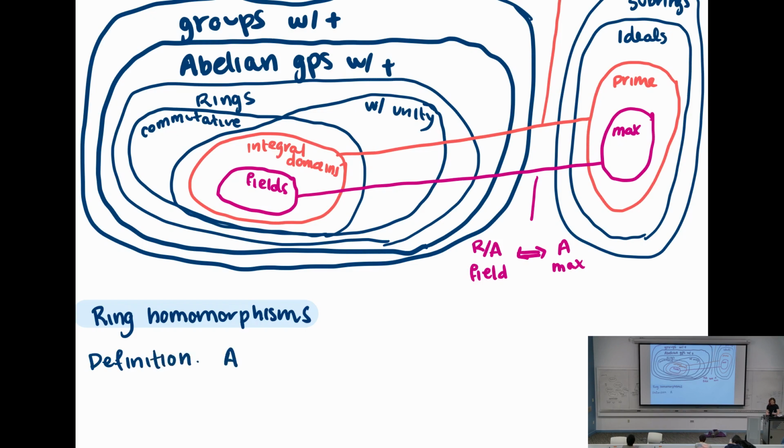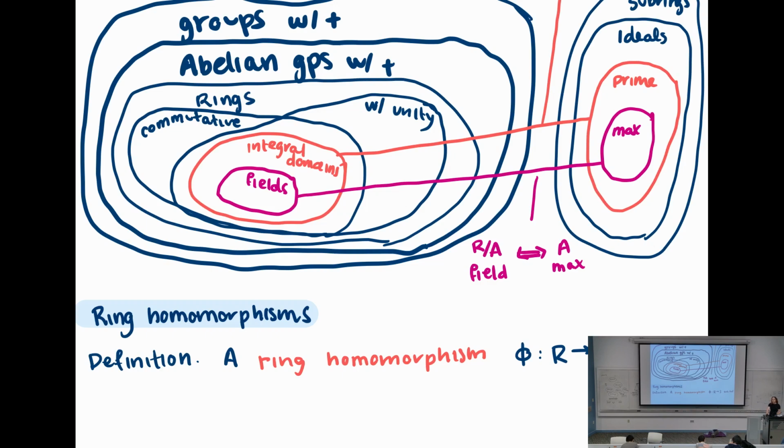So a ring homomorphism, and we'll denote it by phi from a ring R to S, is just some function from R to S such that,